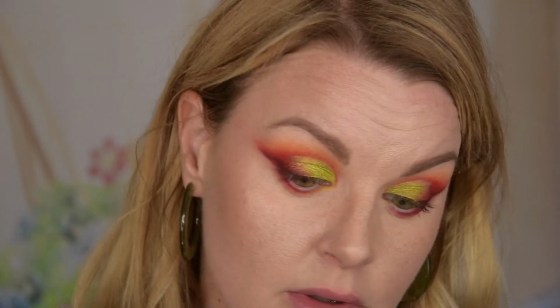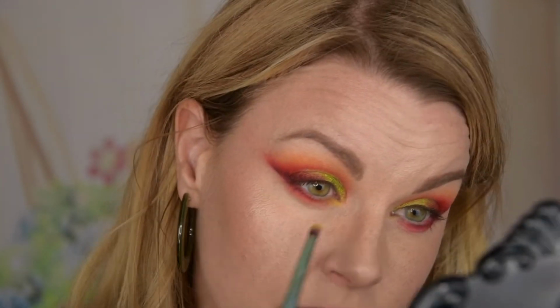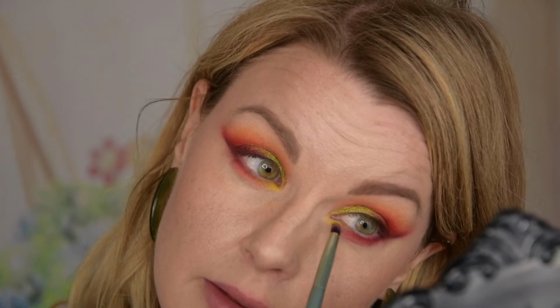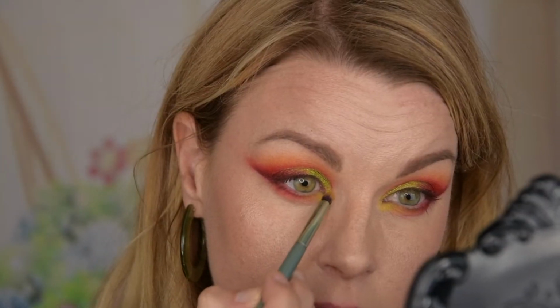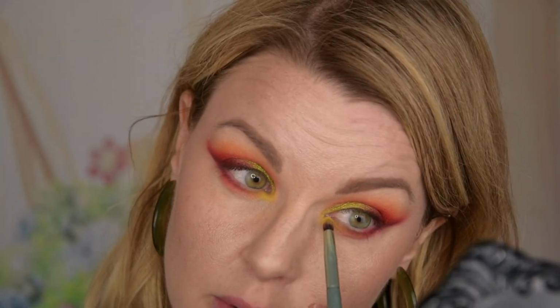Like in the very inner part of my little lash line. I think this is a really cool color, and I'm blending it into the other shades. And I'm also going to place it here in my inner corner. I really like this look. It's a very dramatic look, but